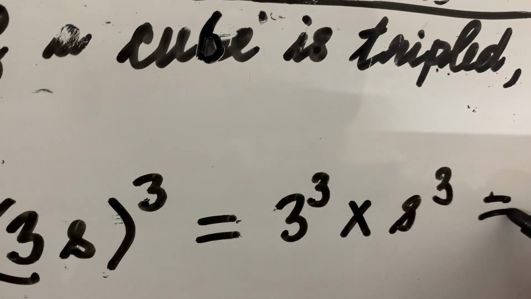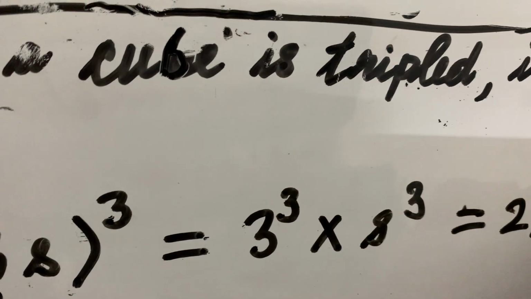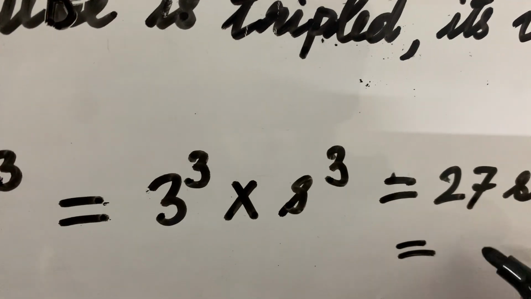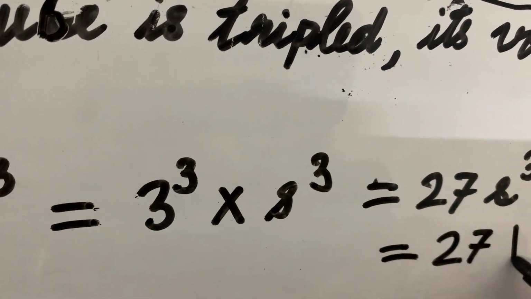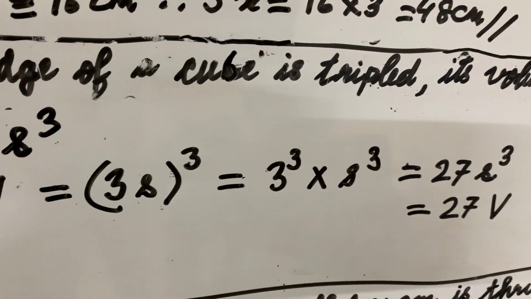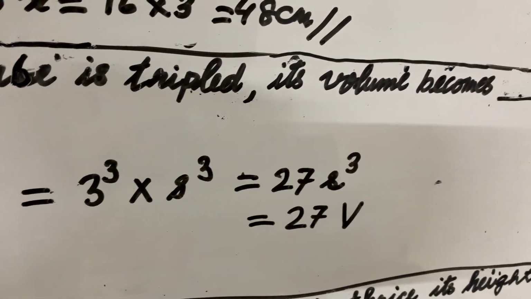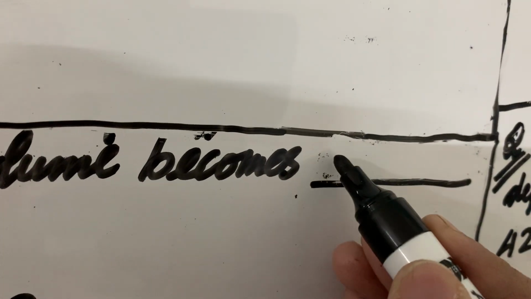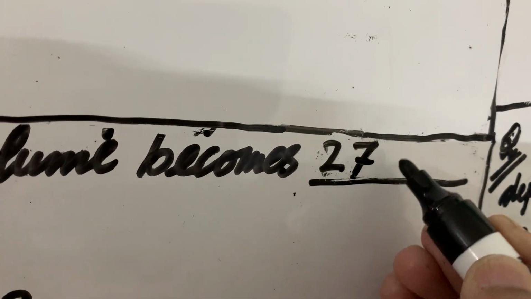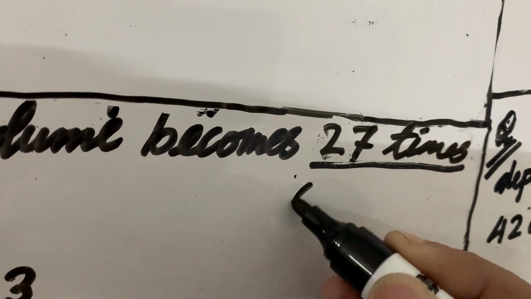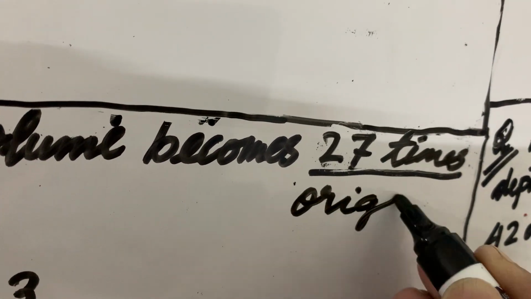What is 3 cube? 27. S cube. What is s cube? S cube is our original volume. If an edge of a cube is tripled, its volume becomes 27 times the original